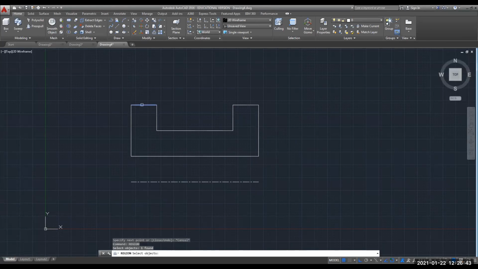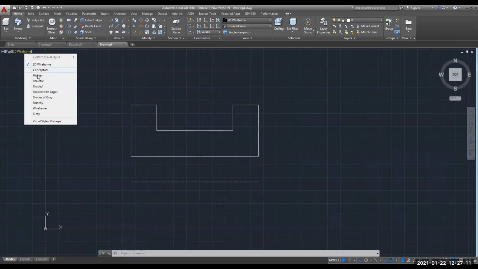Now you have to select multiple objects. After selecting all the lines, press enter. Now one region is created. You can see it just above your command line, where it is written that one region is created. Now this is not looking right because we are in 2D wireframe.